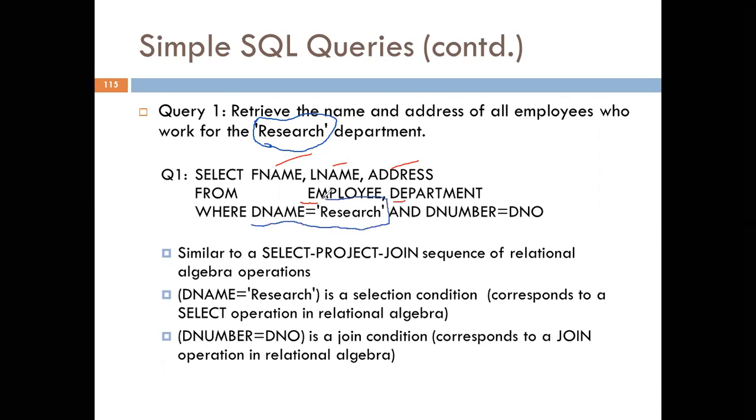This is the first part of the condition, and department number should be equal to D number. So this is the attribute that is present in employee and department table. Okay. Here, if you may look at it, these are the purely attribute names. So DNO is the attribute name which we used in employee table. So that is the name. And D number, it is the attribute which is used in department table.